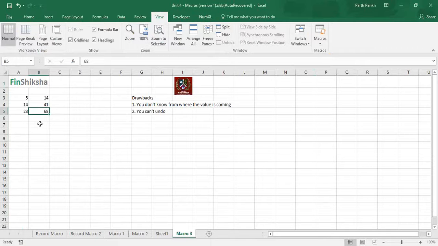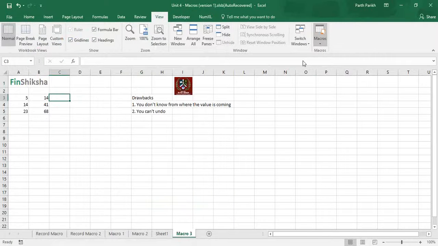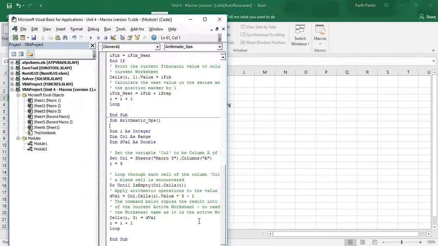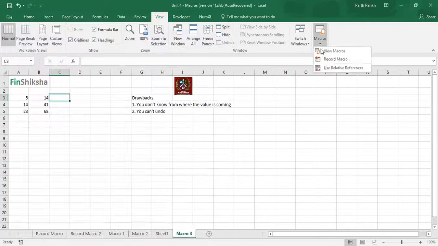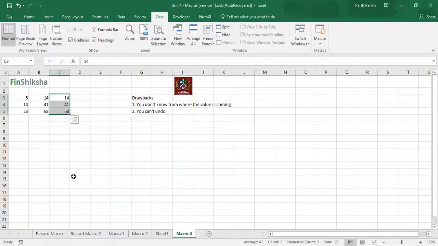Now if you want it in a third column, then what do you do? You just have to change this to third. I'll just check whether it has made, okay, this saved the changes, and I'll run this. So you got the output over here. Perfect. So instead of putting everything into one column or one cell, you can also differentiate this to a different column or a different cell. Now let me delete this.